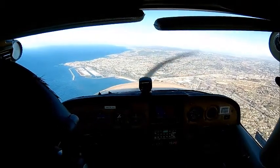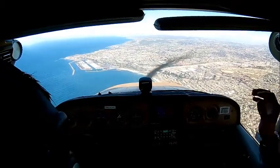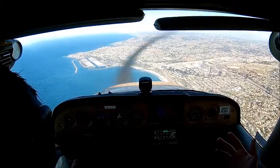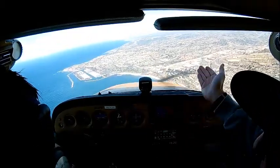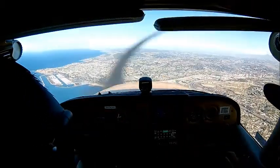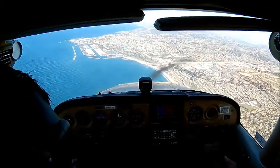You know, to get a feel for the pitch and distance, but we're just focusing on procedures. Okay, so let's say we're lined up on the runway, and then some guy just happens to taxi on. He just messed up on runway incursion avoidance. Right. Keep pitch down. Don't want to get slower than 60. And let's say, boom, he just...